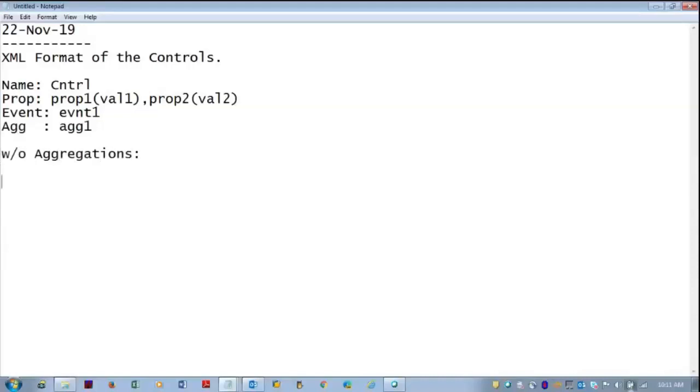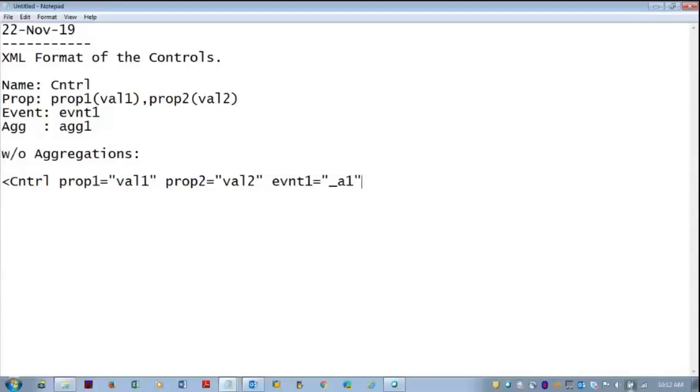Without aggregations you can start with a less than symbol, CNTRL, prop1 is equal to val1. In the JSON format, it is prop1 colon val1 comma; here it is directly prop1 is equal to val1, prop2 is equal to val2, and event event1 is equal to, here you have to make use of any user defined function name like underscore a1 or underscore greet user or get data kind of thing.